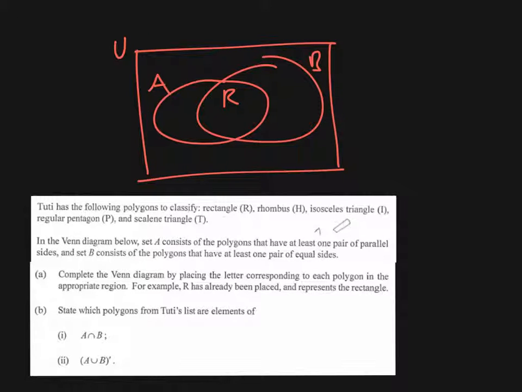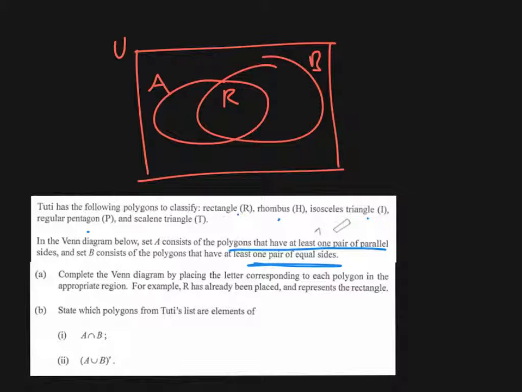Question 8 is on Venn diagrams, and the universal set here consists of set A, which is looking at polygons which have at least one pair of parallel sides, and set B, which consists of polygons which have at least one pair of equal sides. We have got a rectangle, a rhombus, an isosceles triangle, a regular pentagon, and a scalene triangle, and we are